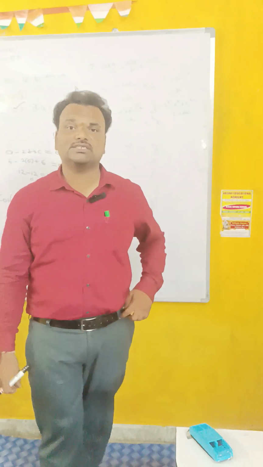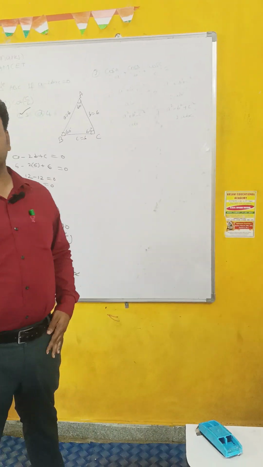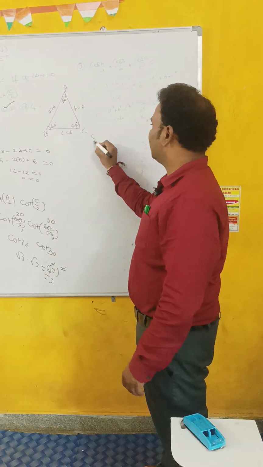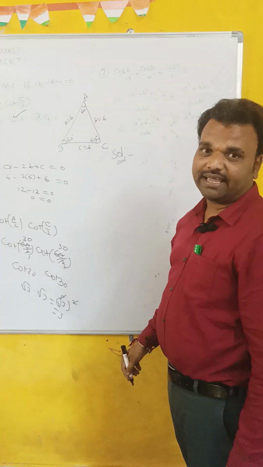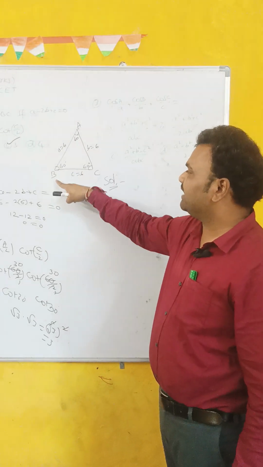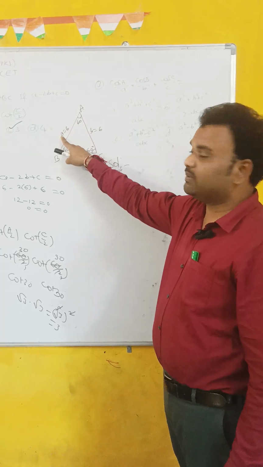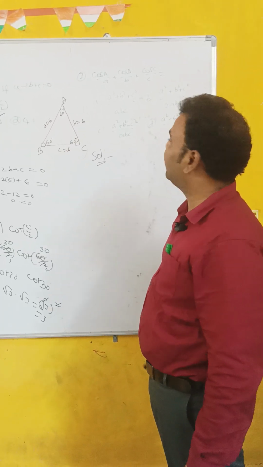I am continuing the chapter of properties of triangles, a previous MCET question. A very easy method, okay? I am giving a very easy method for this question. You already know what an equilateral triangle is. All angles should be the same: capital A, capital B, capital C should be equal to 60 degrees. Sides should be equal: a equal to 6, b equal to 6, c equal to 6. These are the sides of the equilateral triangle.